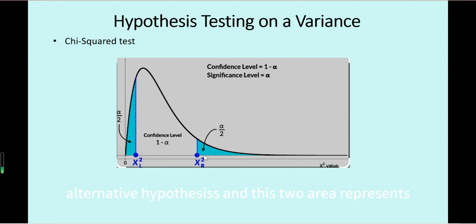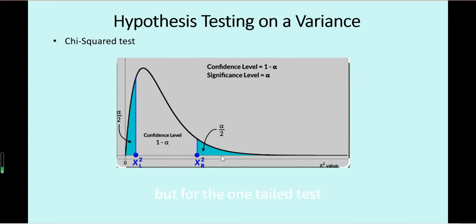These two areas each represent half alpha in probability, and this critical value is chi-square at 1 minus half alpha,